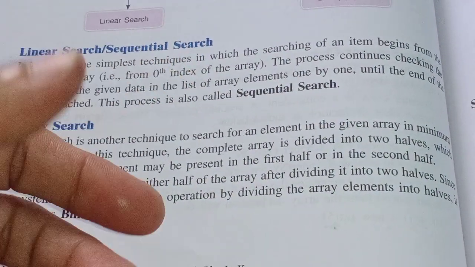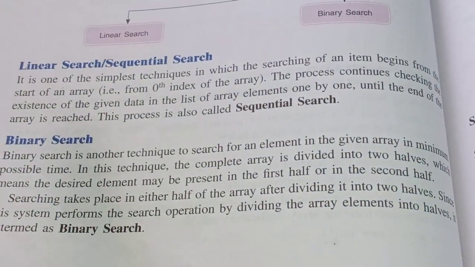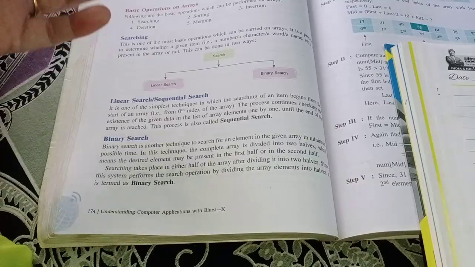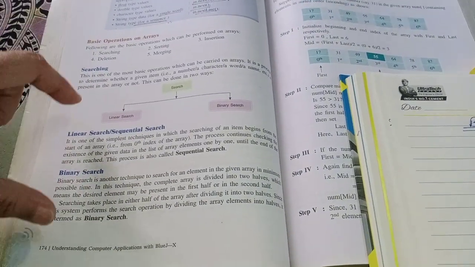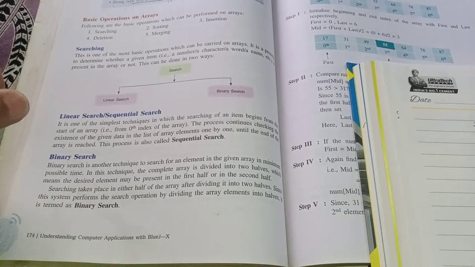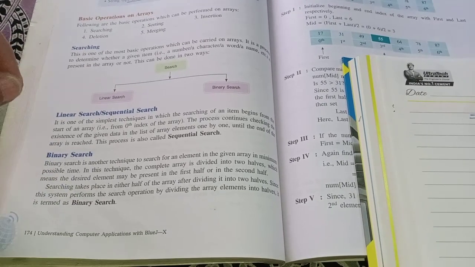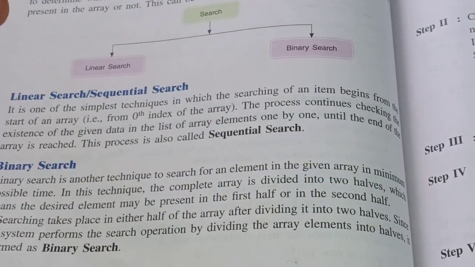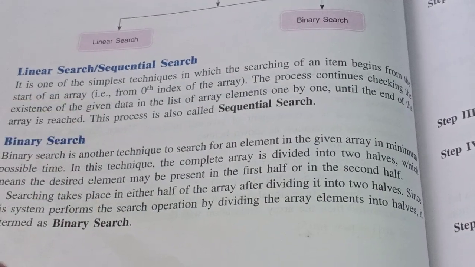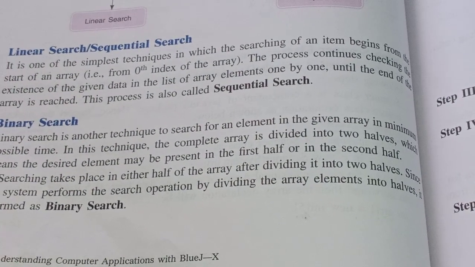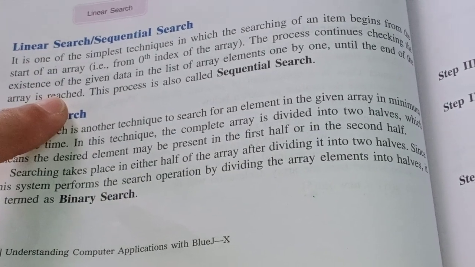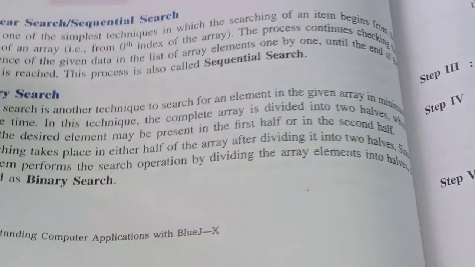So one by one, first we will accept array elements, then we will accept one different number that we want to search in the array list. Then again in the processing part we will compare the number to be searched with each array element using a for loop, and in last we will display whether the number is present or not. So for this we will do one program.